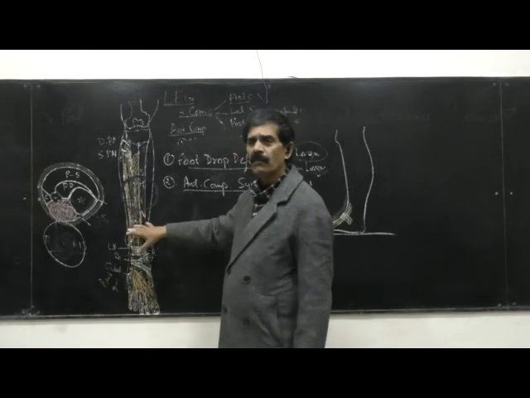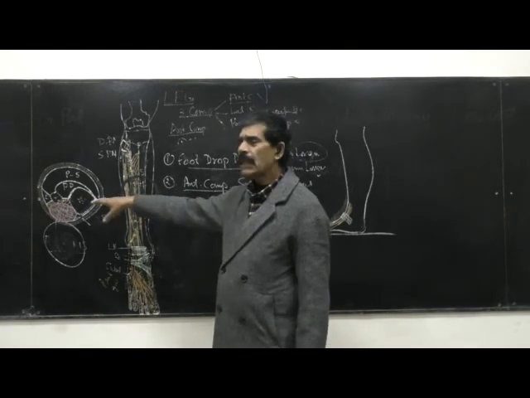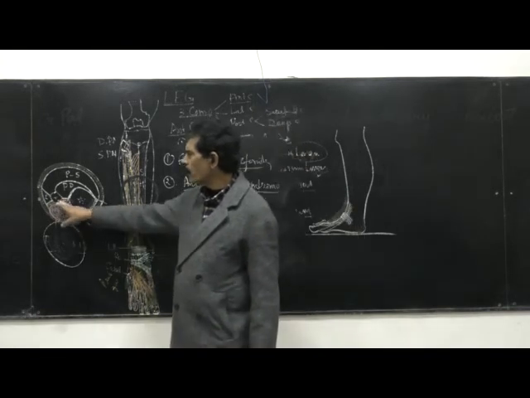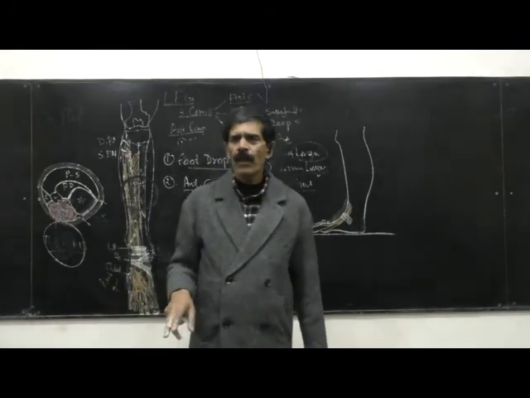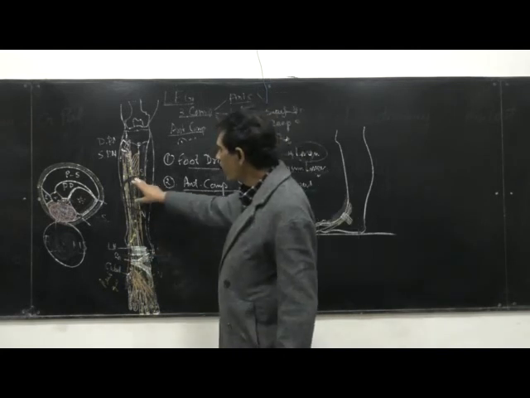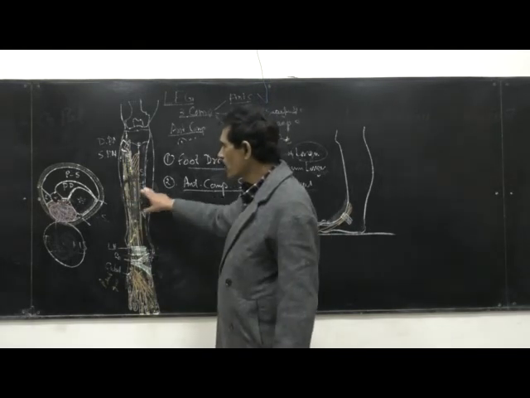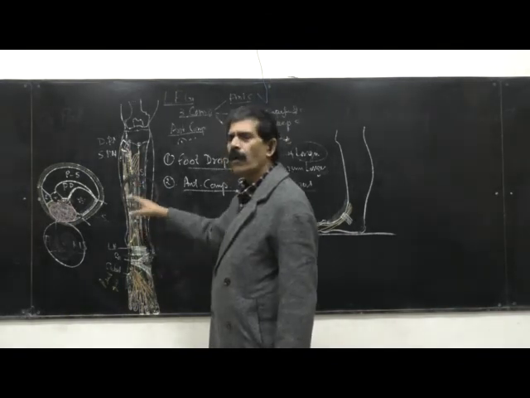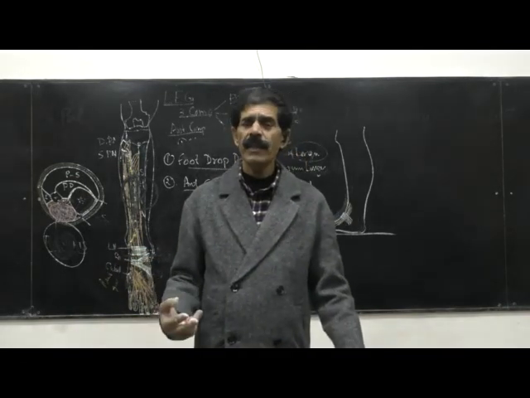no problem. Skin will be okay, there will be no swelling, nothing is there, but internally damage has already occurred. So this hematoma will press the deep peroneal nerve and the anterior tibial artery. Because of the pressure on the anterior tibial artery, the blood supply beyond this point will be obstructed. No blood will go beyond this point of the hematoma formation in the anterior compartment. So what will happen? All the muscles will undergo avascular necrosis.